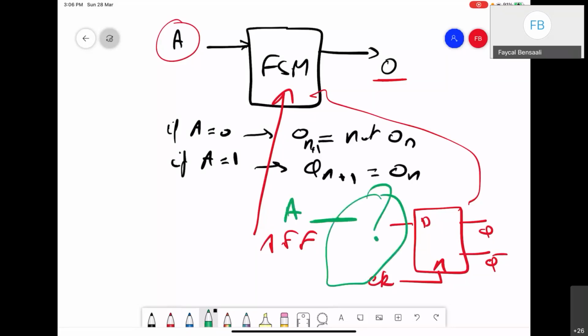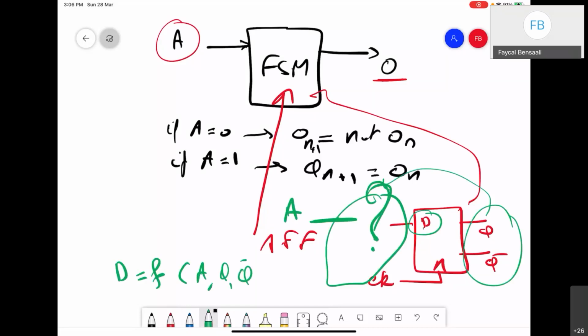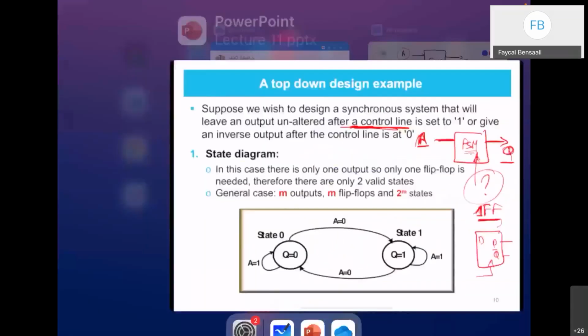And this is what I mean by the excitation tables. So we need to find the logic here to connect A. So this D, and I may need to use the Q and Q bar back here to be connected to D. So D will be a function of A, Q, and Q bar. This is what I need to find. So the first step is to do the